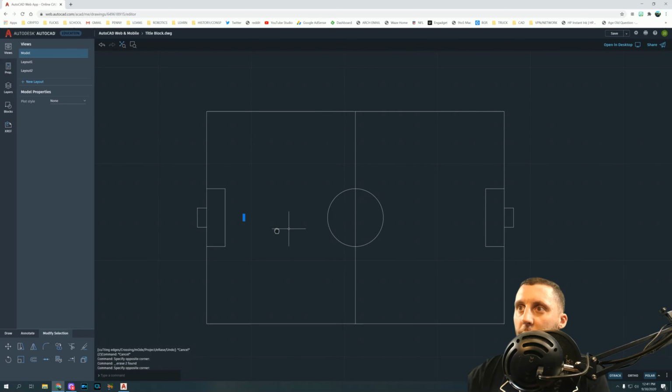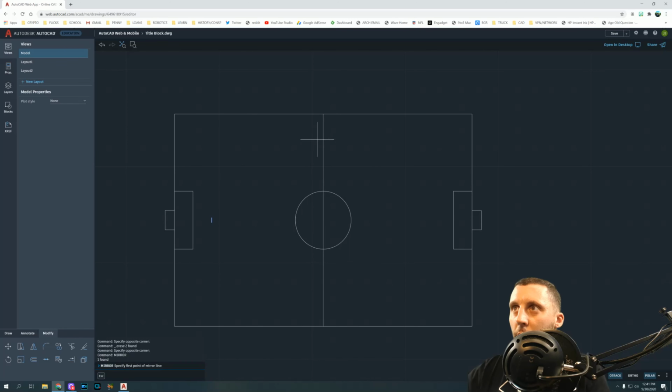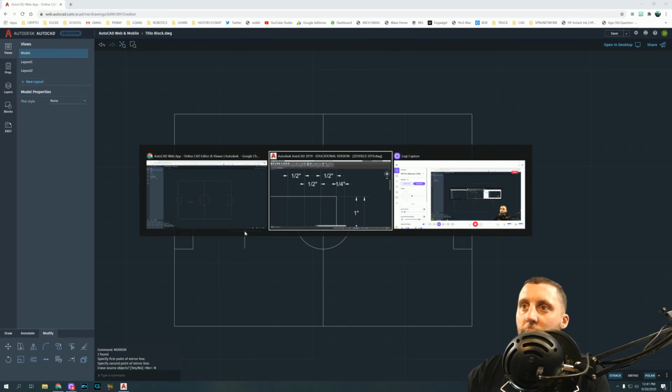And again, I can take that PK line, MI, enter, from here to here. Make sure you're getting those green snap points. Erase the source, no. Alright, so now we have the 18-yard line to do, and the arc, and then it's done, and then we just have to dimension it. So the 18-yard line